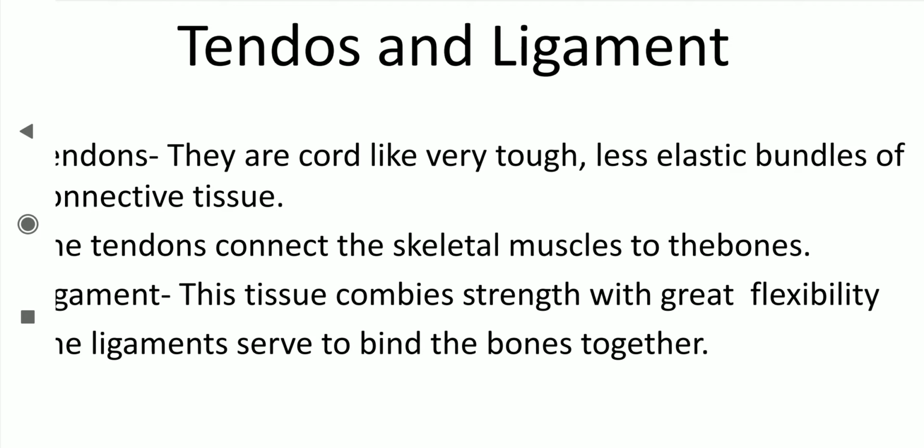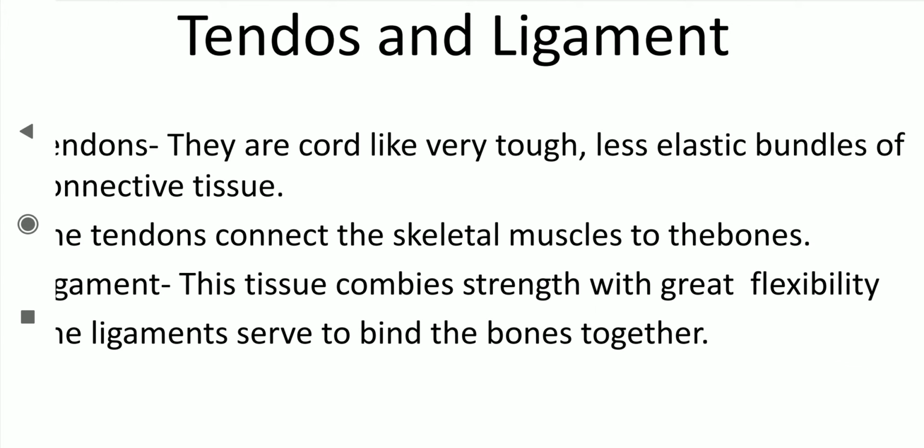The cells present in the tendons are elongated, and lie in almost continuous rows, one after another, in the form of fibers. The tendons connect the skeletal muscles with the bone. Children, not too much is given in our book, so we are going to discuss only a little about tendon. What is its function? It joins muscles with the bone.